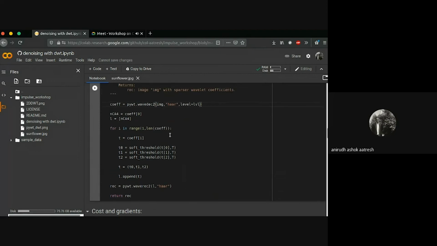We'll make a list of all the coefficients that we'll retain, so that we can use those coefficients to compute the inverse discrete wavelet transform.